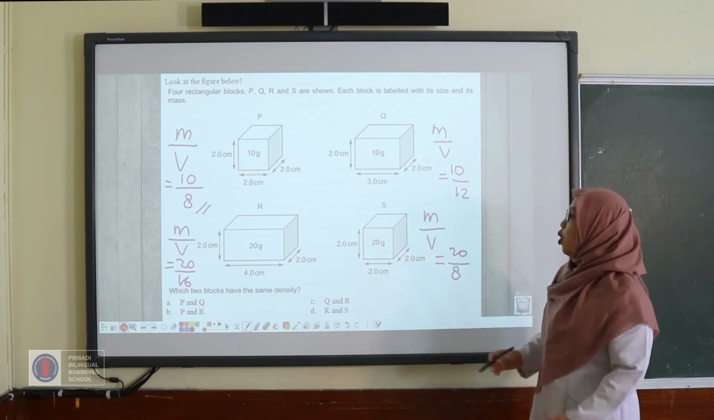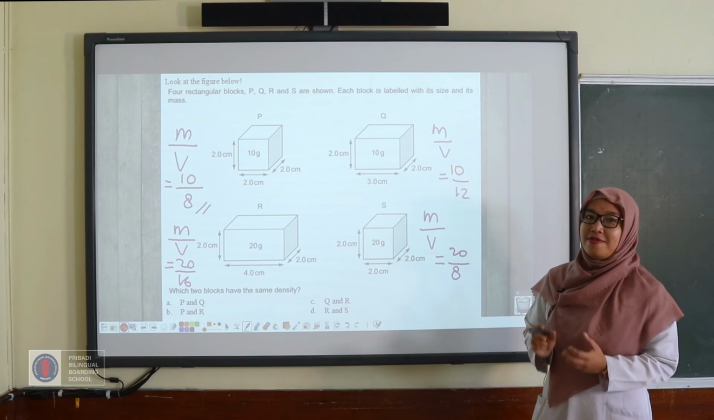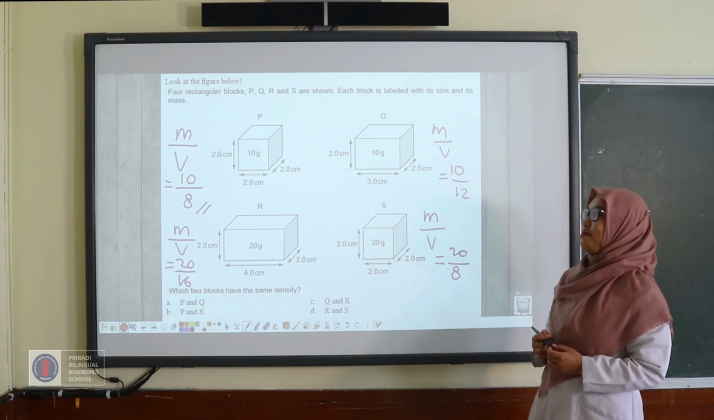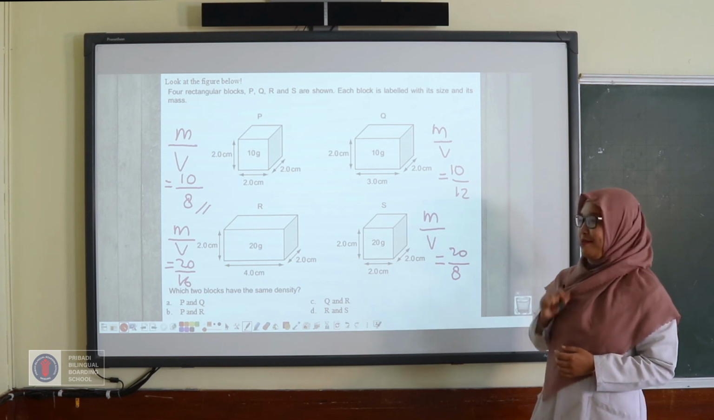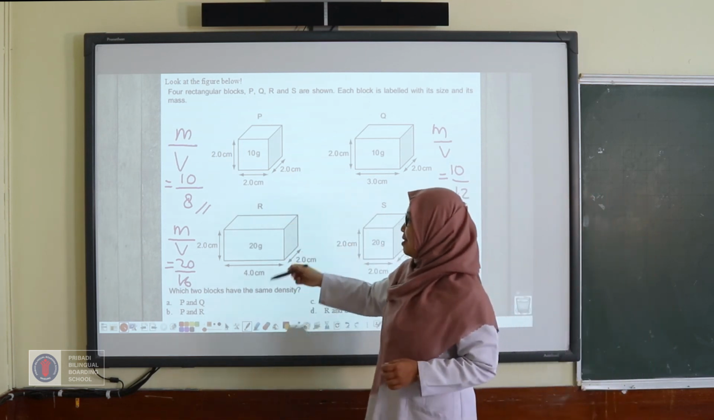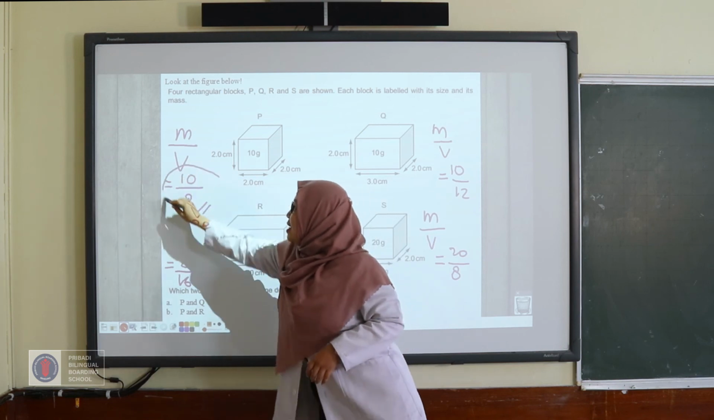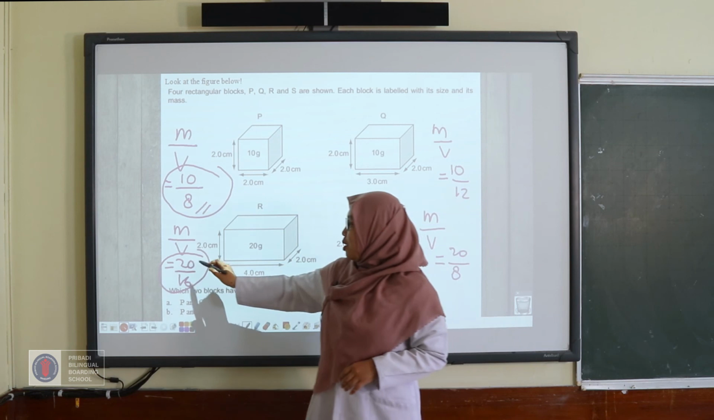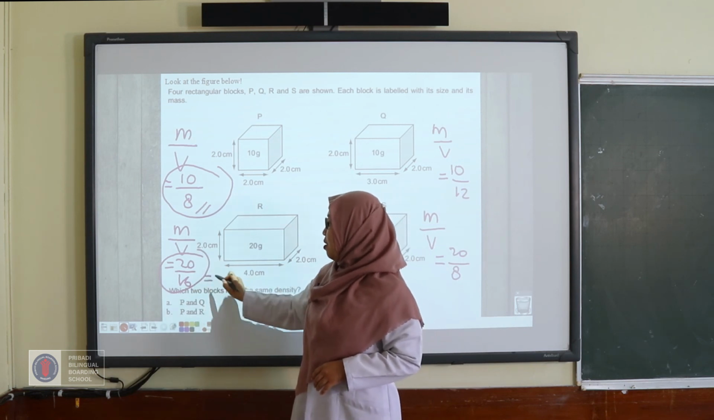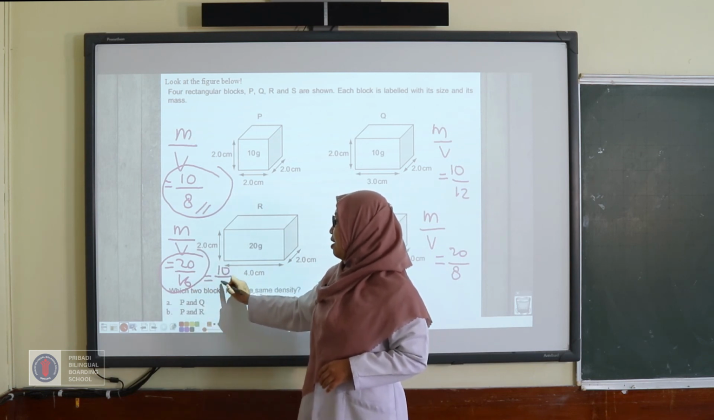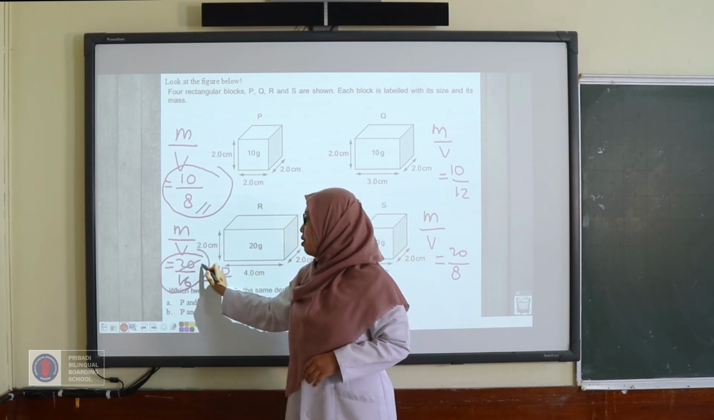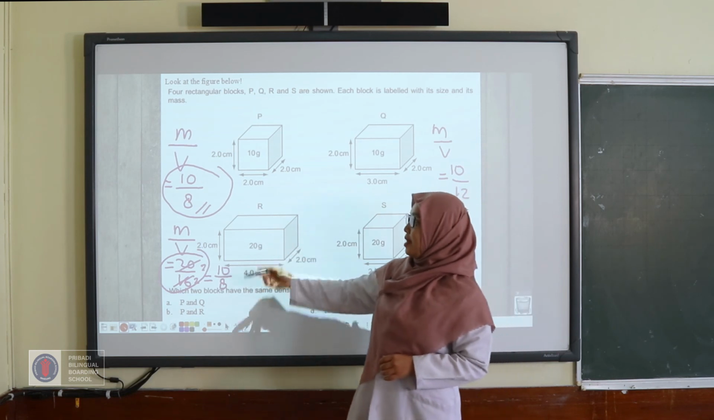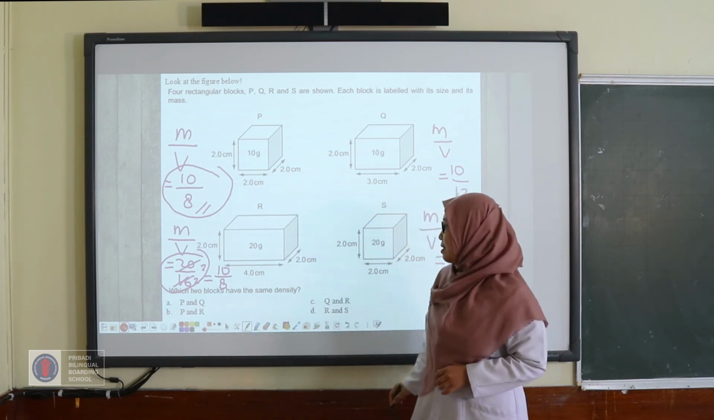Great. So which blocks have the same density? Yes, right. The blocks that have the same density are P and R. 20 over 16, we can also write as 10 over 8. We can divide it by 2, and this one is also divided by 2. So this is 10 over 8 and 10 over 8. So the answer must be